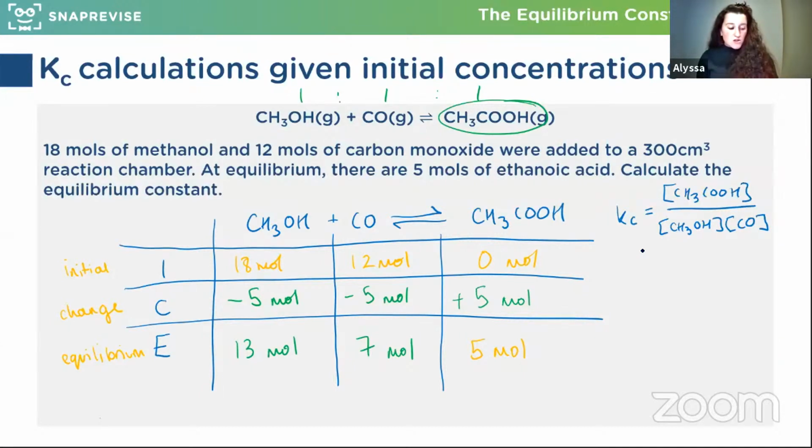But because they're concentrations, I need to plug in numbers that are concentrations. At the moment, I've got moles. How do I turn it into a concentration? Well, I've been told the volume. So 300 centimeters cubed has to be in decimeters cubed, because we're talking about concentration. So 0.3 decimeters cubed. So I can plug in all of my numbers as concentrations. So in this case, where's the ethanoic acid? 5 moles divided by 0.3 decimeters cubed,